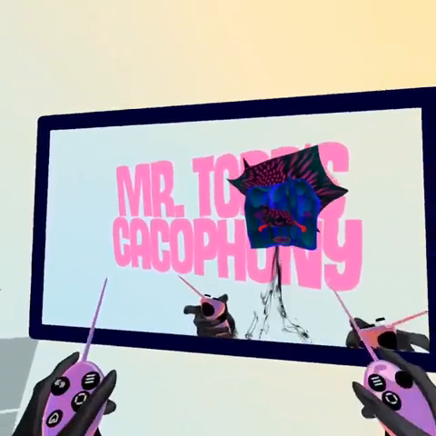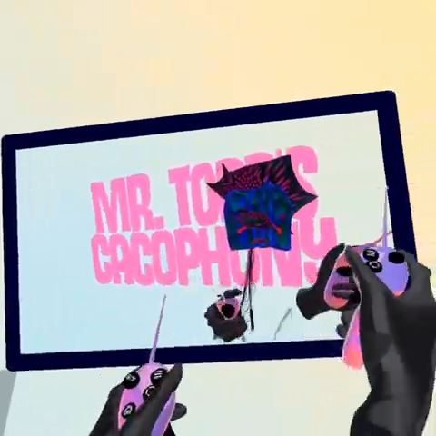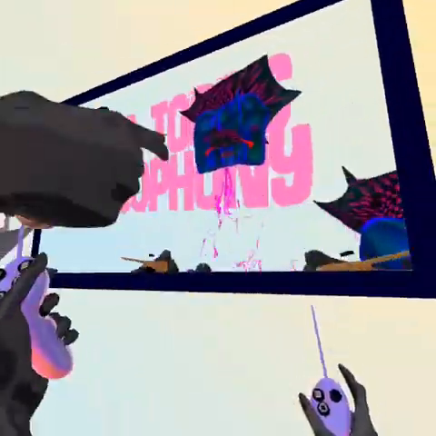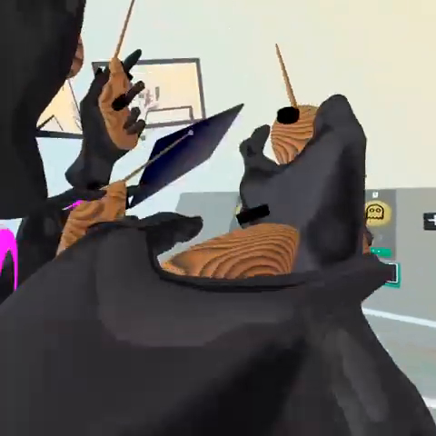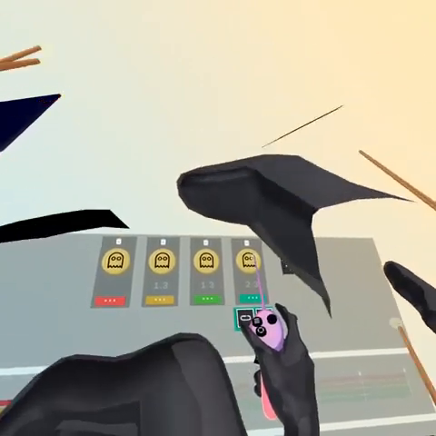Keep it going slow as you go. You never know how the flow will feel. Keep it going slow as you go. You never know how the keep it going slow as you go. Keep it going slow as you go. You never know how the keep it going slow as you go. You never know how the